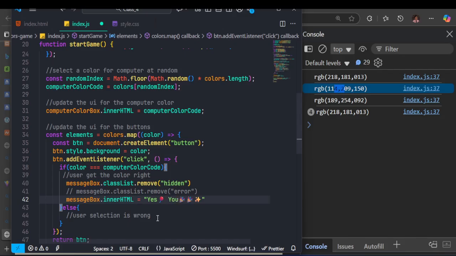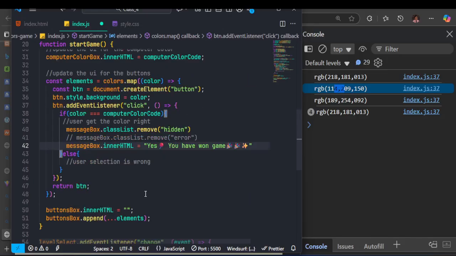Let me just type my stuff. You have won the game. Yes, you have won the game, or your color is correct. Whatever stuff you want to put. But at this place,